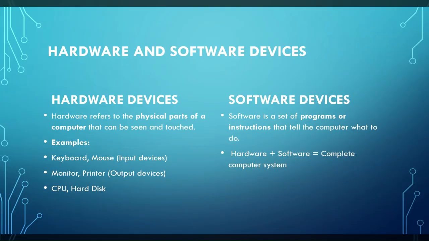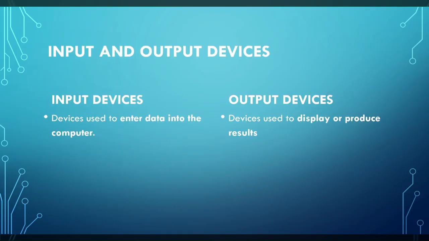Now to summarize this, we can say that hardware and software are both necessary to form a complete computer system. See, without the help of software, the computer will be just a machine. It cannot perform all the operations. And similarly, without the help of a hardware, the computer software alone cannot do all the functions. So both are necessary to form a complete computer system. That's why it is written over there, hardware plus software forms a complete computer system.